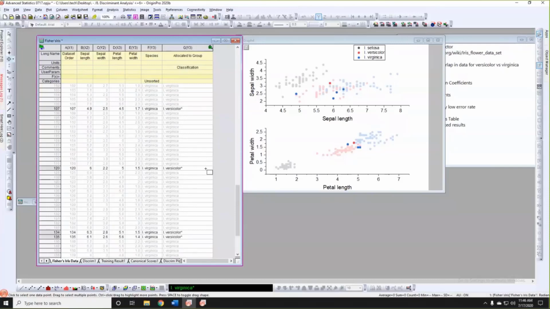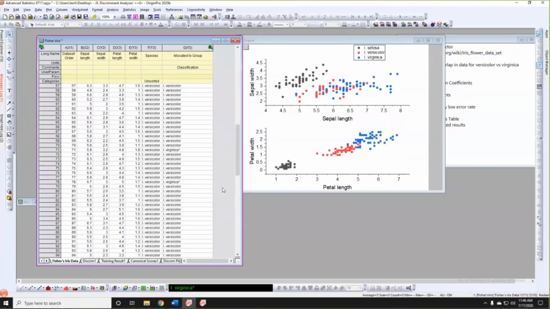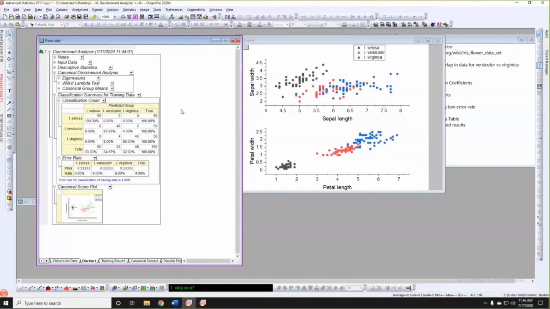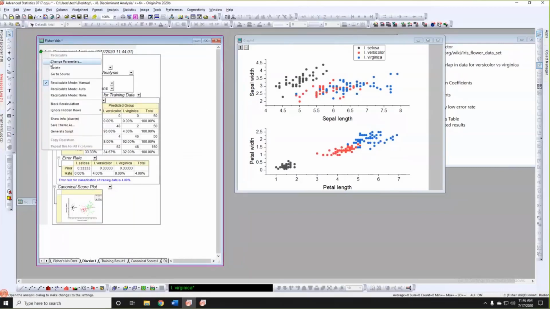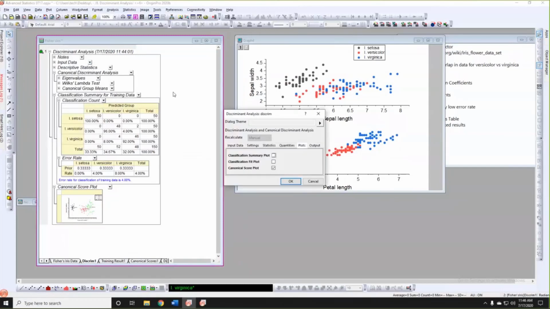Okay, so I just simply mark those points which are misclassified. It's clearly they are in the boundary, right? Okay, another thing we can do is, so now we use a linear boundary to separate the different species. If I go back to this dialog and